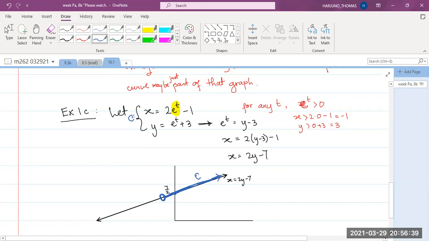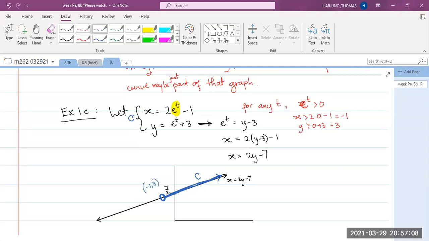It's not the whole line. It's this one. It's just a ray. Okay, it's just a ray, and the initial point is (-1, 3), not including (-1, 3). Now, what I'm trying to say is once you do parametric elimination, eliminate the parameter, then